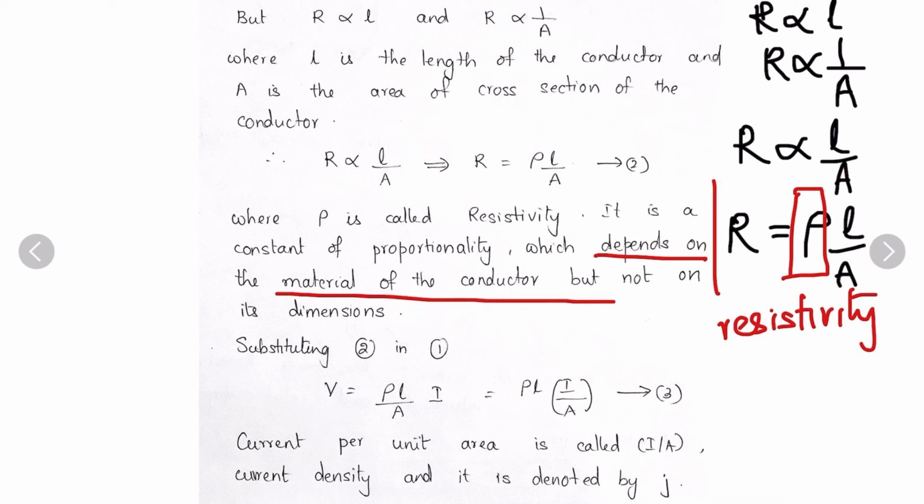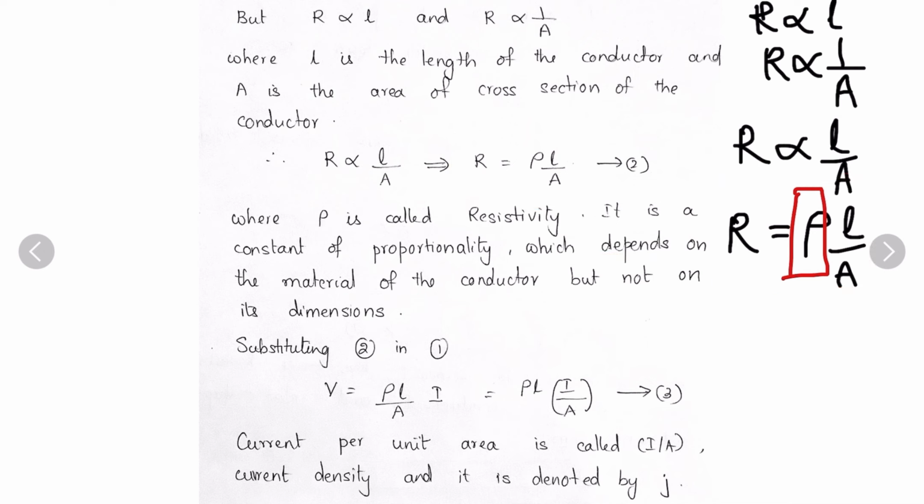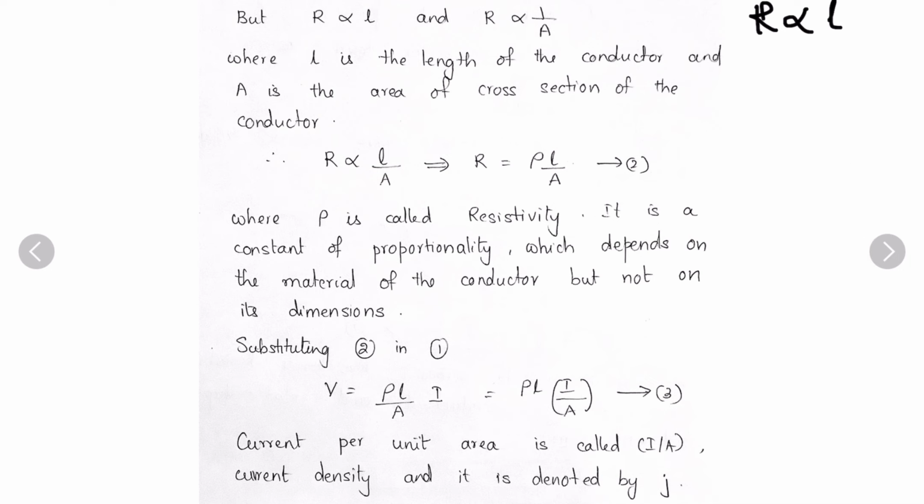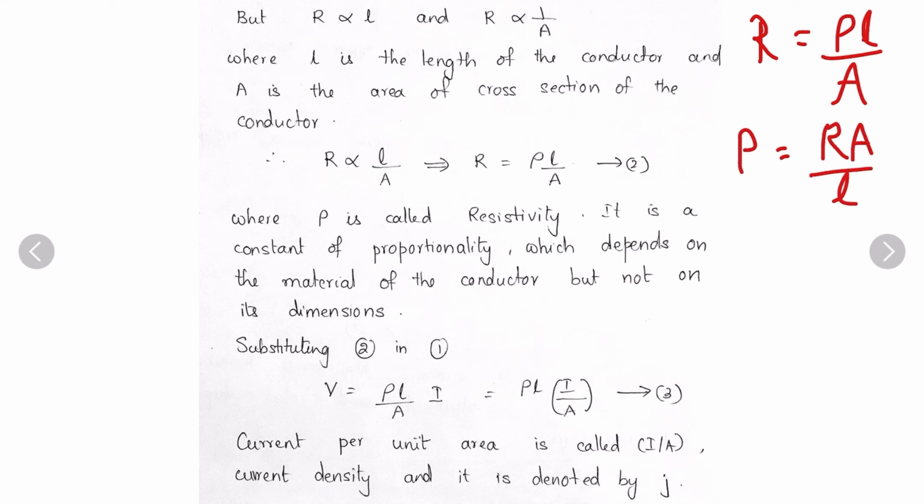Most of the children think, because from this formula we can write rho is equal to RA by L, meaning you have seen this formula, R is equal to rho L by A, therefore rho is equal to RA by L, then the children think rho is depending on area and L, but that is wrong. Rho does not depend upon dimensions. It purely depends on the